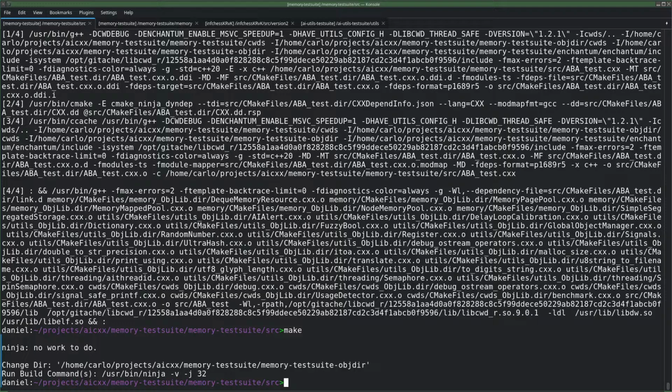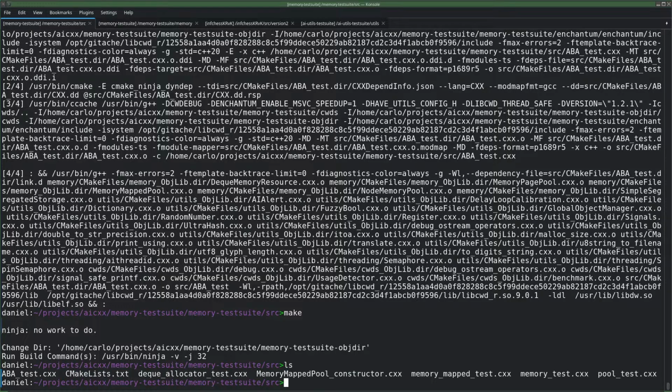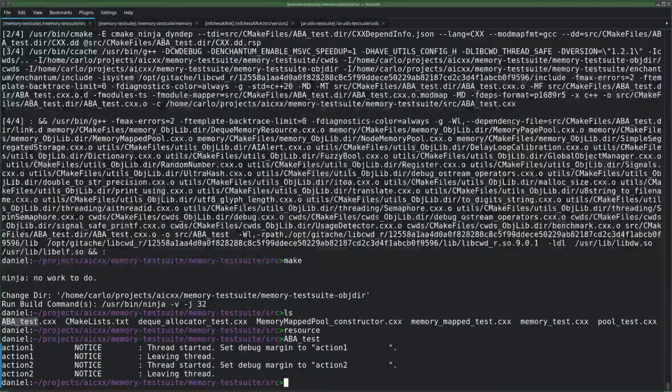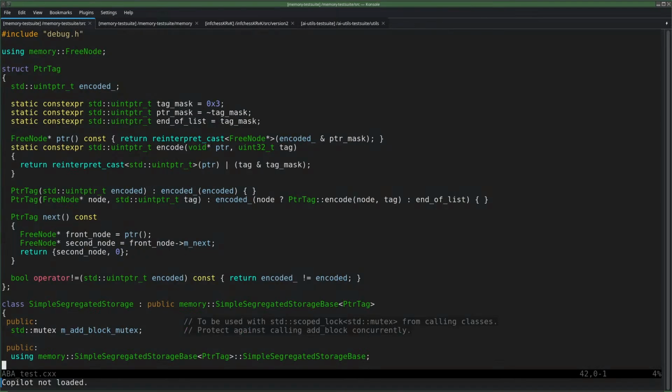Well, whatever. Okay. ls, resource, ABA test. So thread action 1 started and then exits. Yay, that works. Now to make it do something,